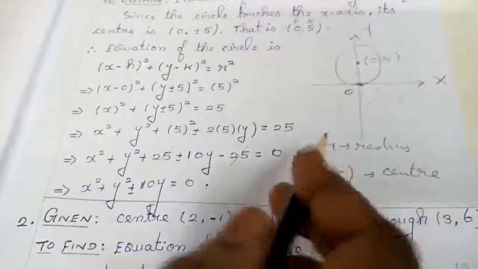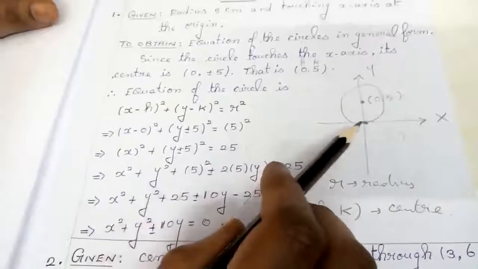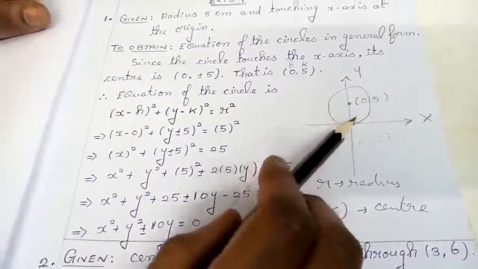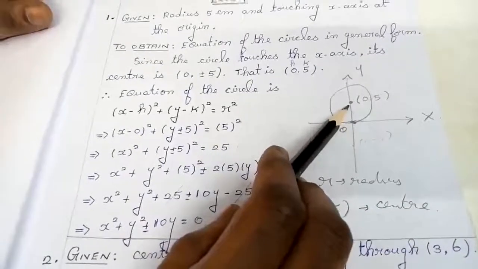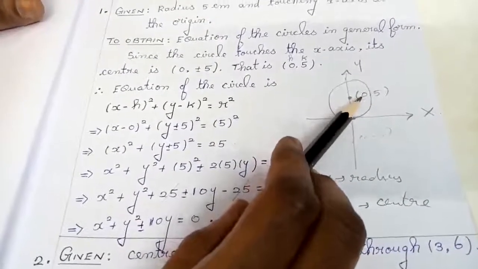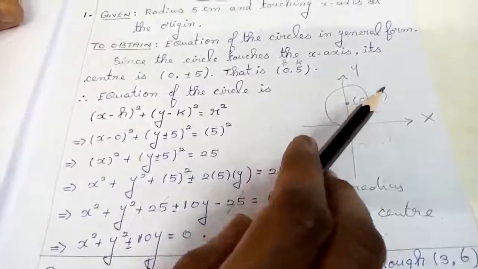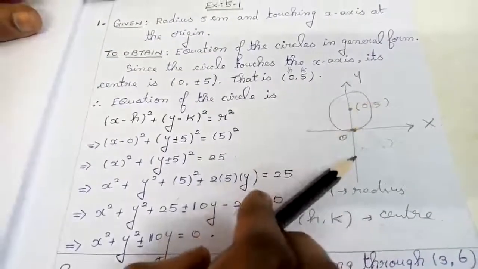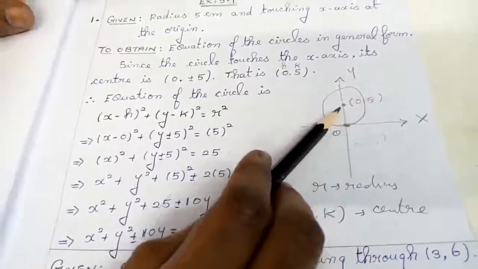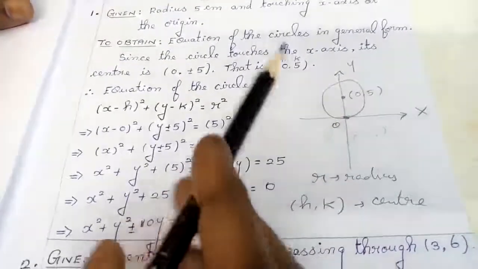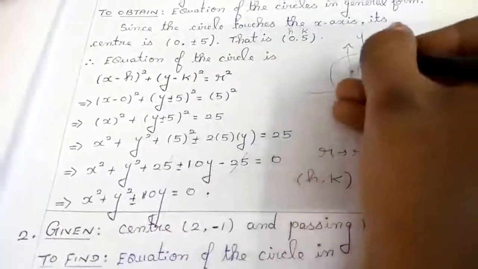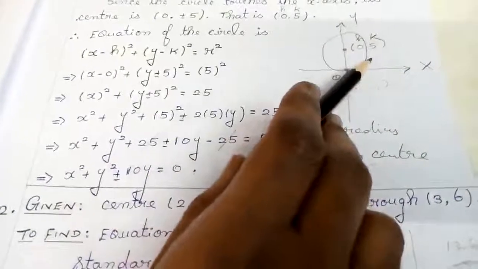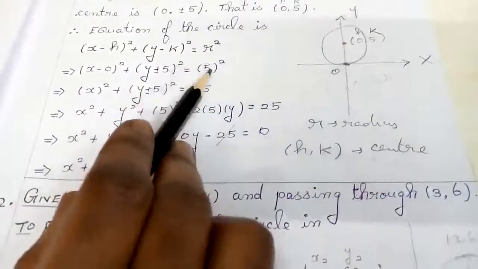Wherever you get the concept of center, there we use the letters h and k. So according to the condition given in your diagram, from the origin, the radius they have given you is 5 cm, touching the x-axis at the origin, so x equal to 0 and y equal to 5, and similarly you can go to the bottom place also. I am taking only the positive value here, students. So this (0, 5) is nothing but (h, k), and radius r equal to 5 cm.